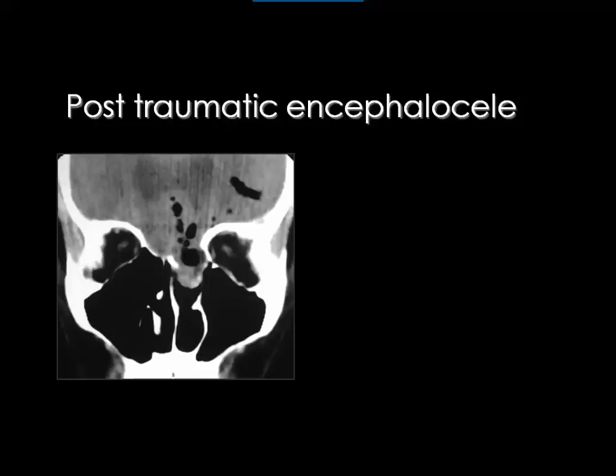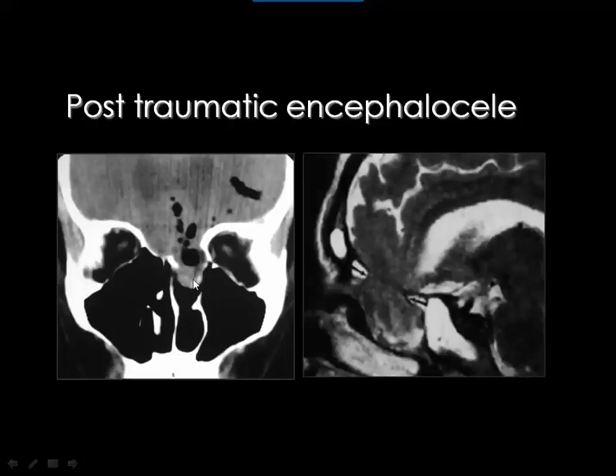Then sometimes you got herniation of the brain tissue itself. If the defect is big, like this one, and you can see pneumocephalus and downward herniation of the brain tissue into the ethmoidal complex on the left side, and this may be better appreciated by MRI, since you can see the brain tissue with the characteristic cortex and the gray matter herniating through the defect in the floor of the